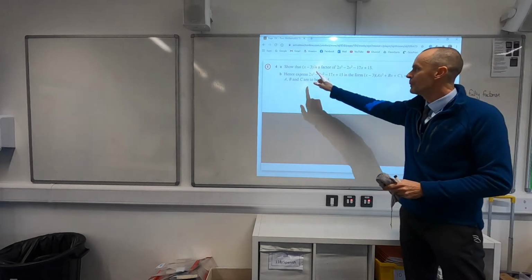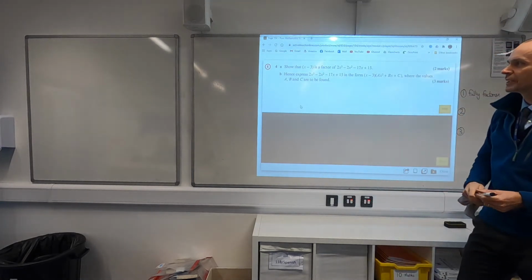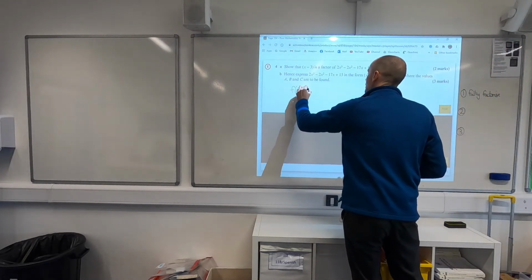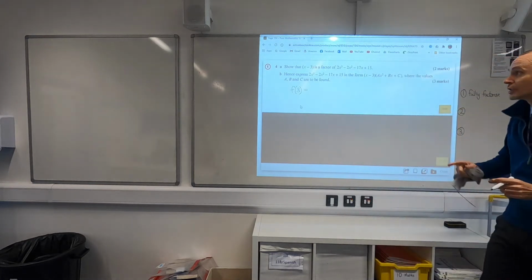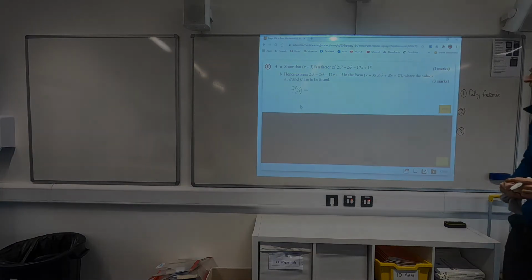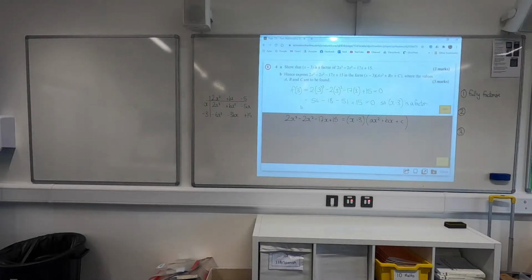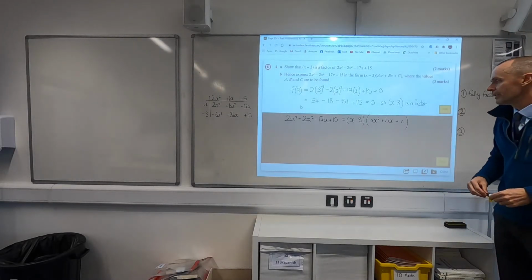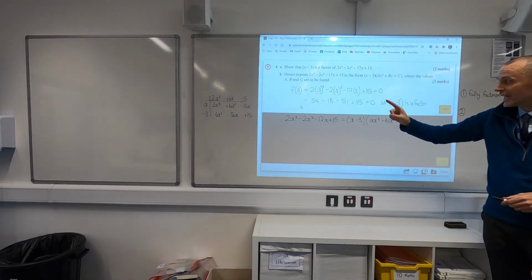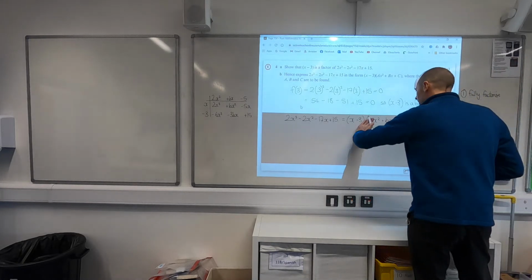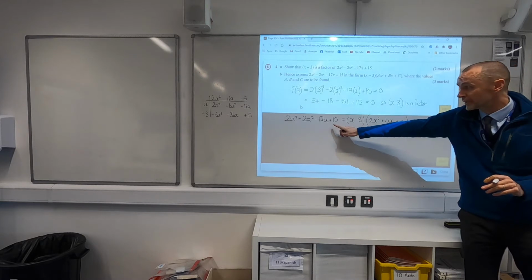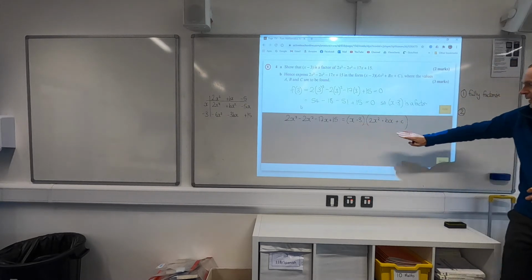But make a start. I'm hoping the first thing you will do is realise that if x minus 3 is a factor, x equals 3 is a solution. So you're going to hopefully substitute 3 in and show that you get 0. Then it's the equating step. So having shown that this is a factor, hopefully you can see that a must be 2 and c has to be minus 5, because to get a plus 15 you need a minus 3